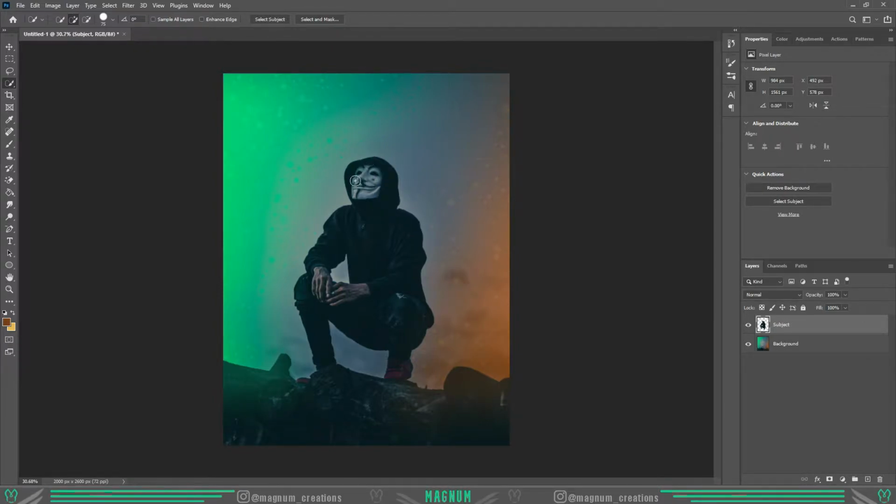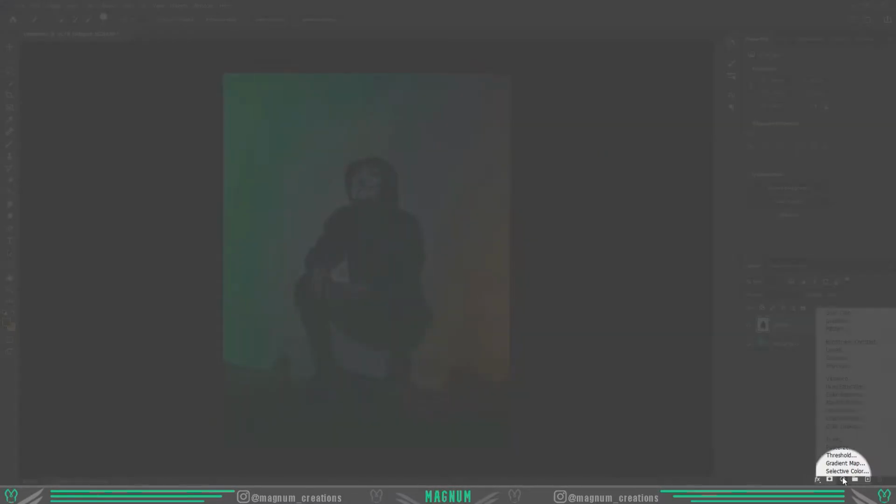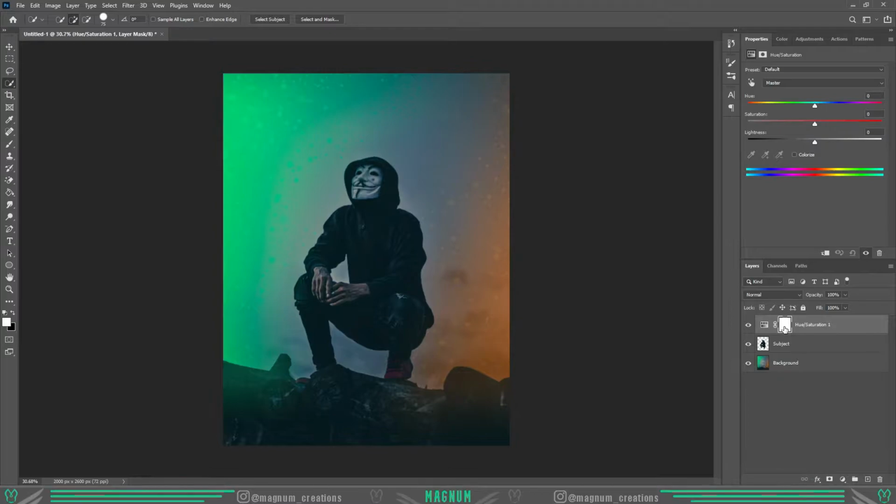First of all, to create highlights, we'll be using hue and saturation adjustment layers. You first need to click this button and it will open up a lot of options, but we're looking for hue and saturation as I said. Because we only want the highlights to be on the subject, we need to clip this adjustment layer to our